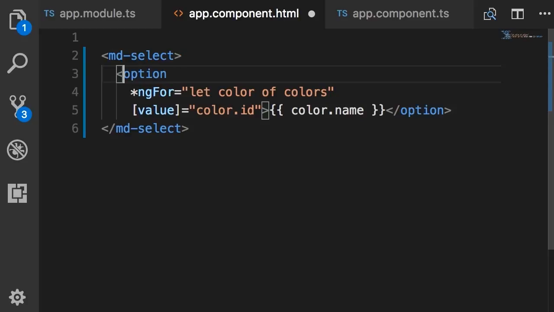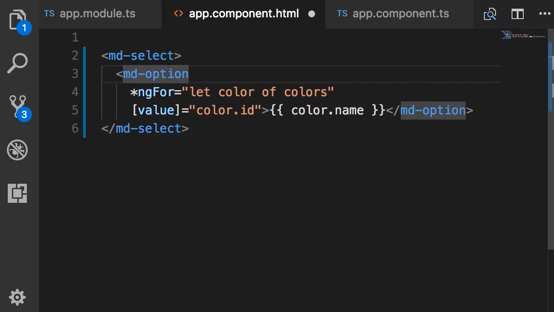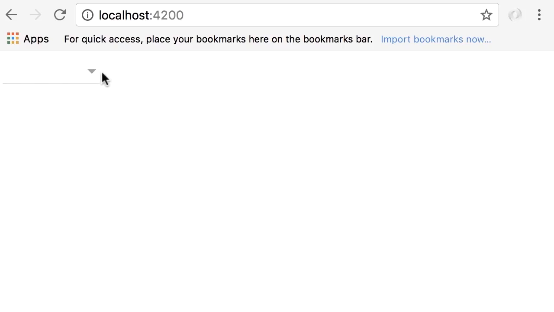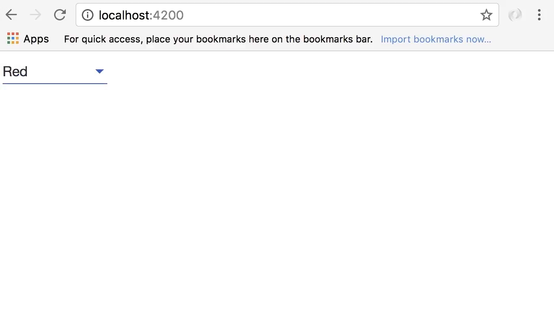Now one more time, this time I'm going to rename option. So Command D, one more time, and then type md-option. Save, back in the browser. And now we have this modern dropdown list. That's much better. Now, if you want to pre-select one of the items here, you need to use the ngModel